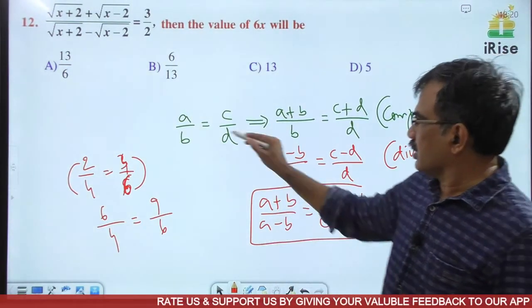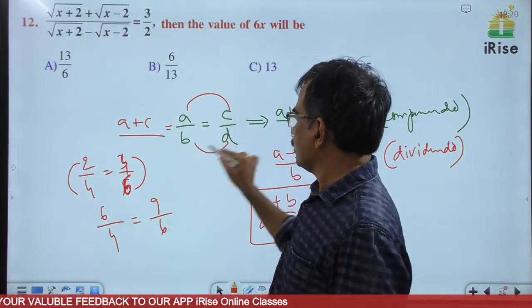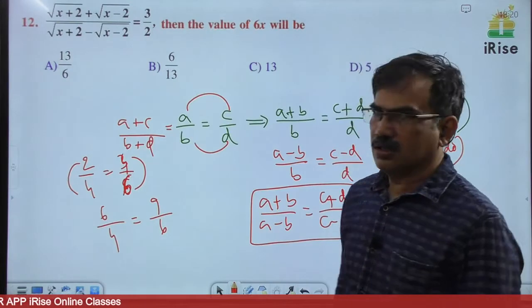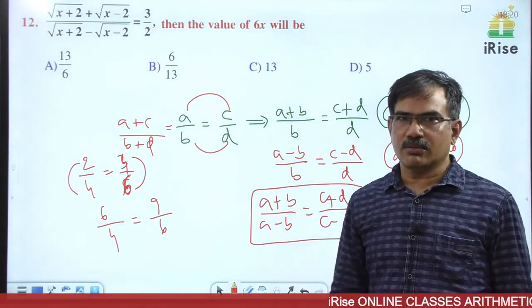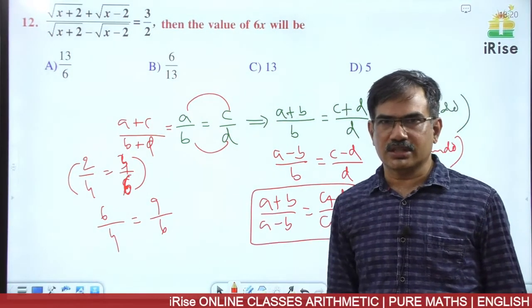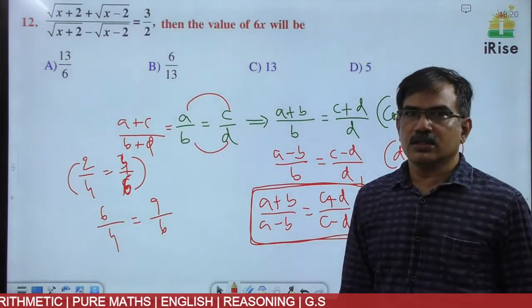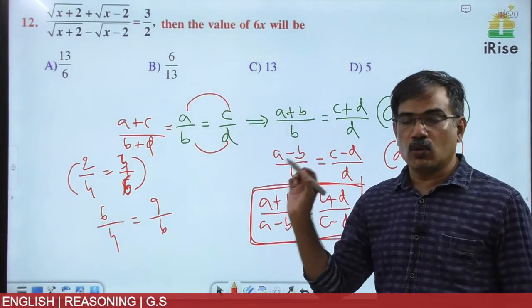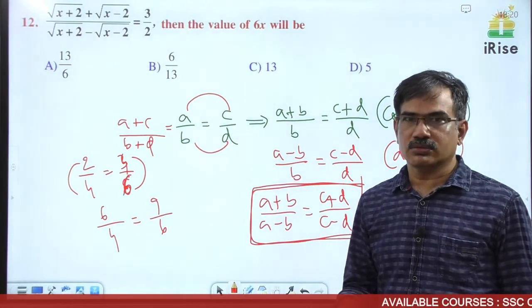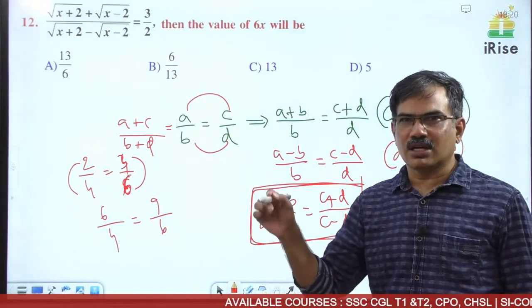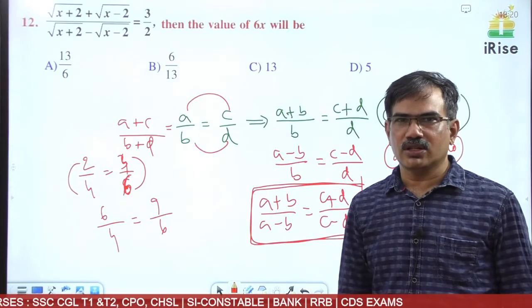A number of formulae are there. Here also, if you add these two, we get (a plus c) by (b plus d). Like that, a number of conditions are there in ratio and proportions. We use those conditions also in mathematics. Later I will discuss all those things. Here you have to know the componendo and dividendo rule is applicable only if two ratios are equal. We use this even in trigonometry also, and in some concepts related to geometry, because some divisions are given, we use the componendo and dividendo rule.